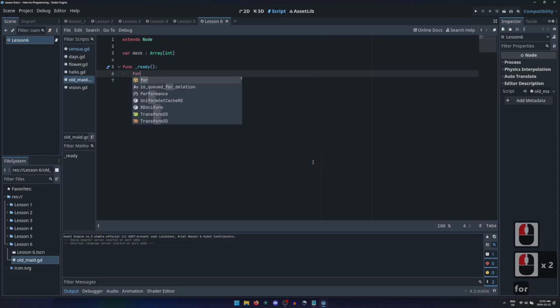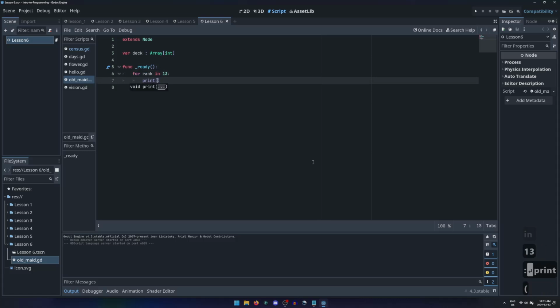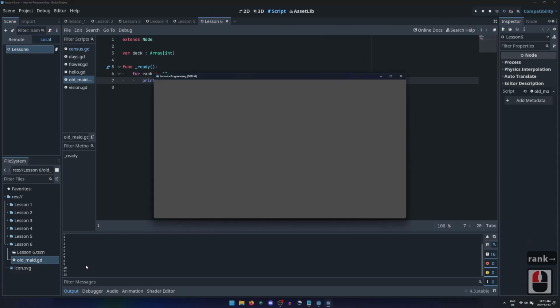Starting with for, we can declare a variable to represent a card's rank, followed by the keyword in, then specify a number. If we were to consider king to be a number, it would be the 13th rank. For now, let's just print out rank so we can see what happens. The for loop starts with a rank value at 0 and counts up to 12,